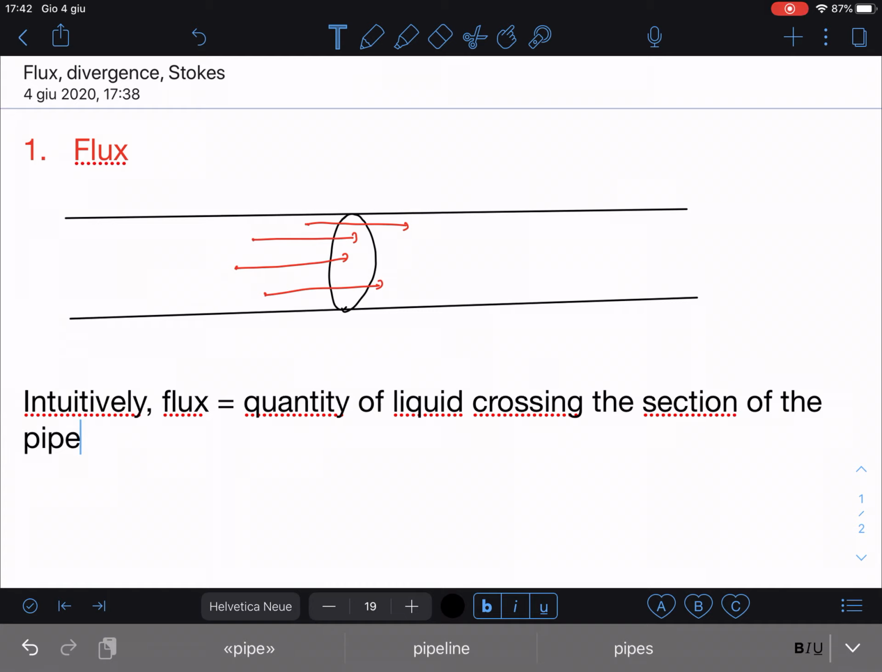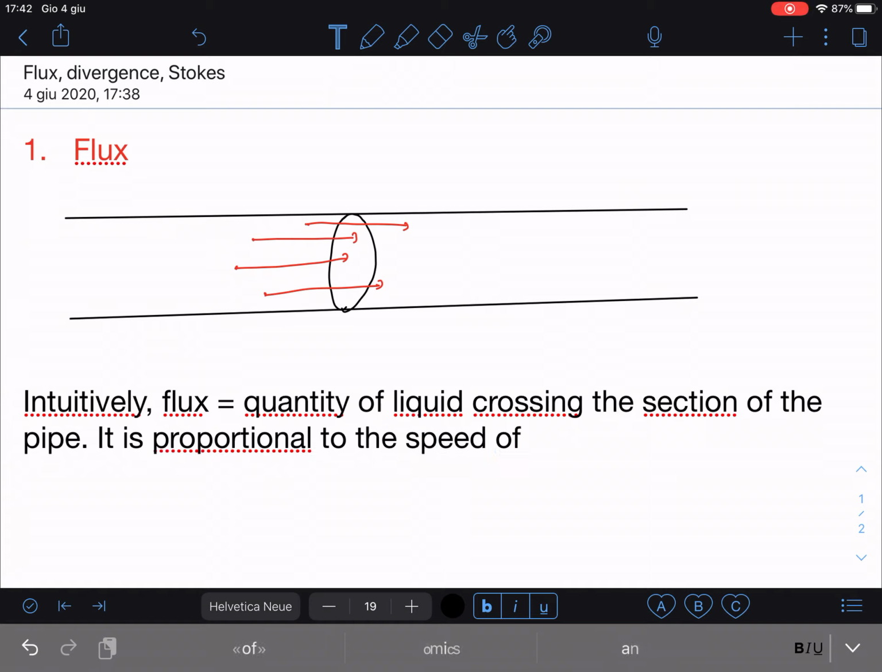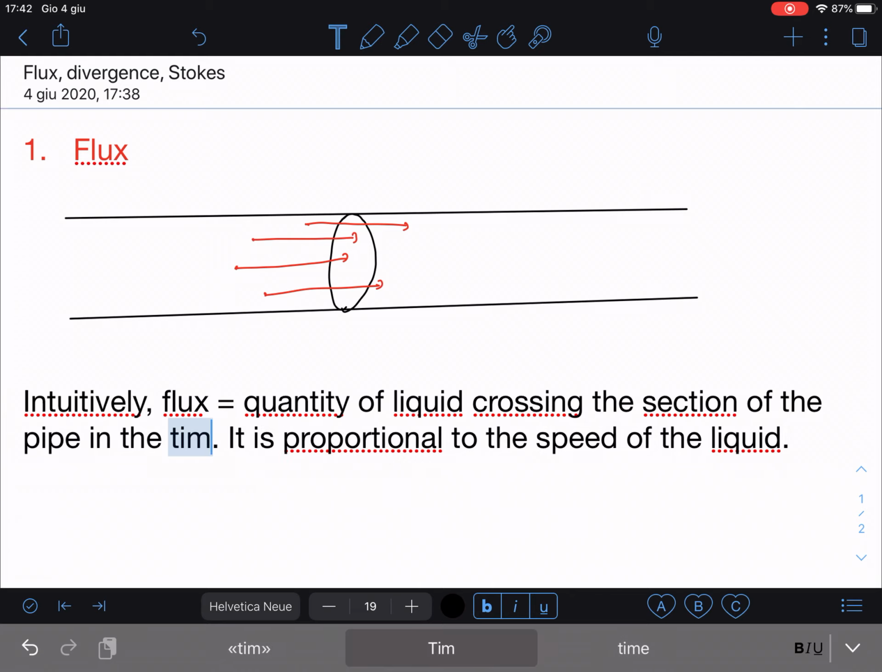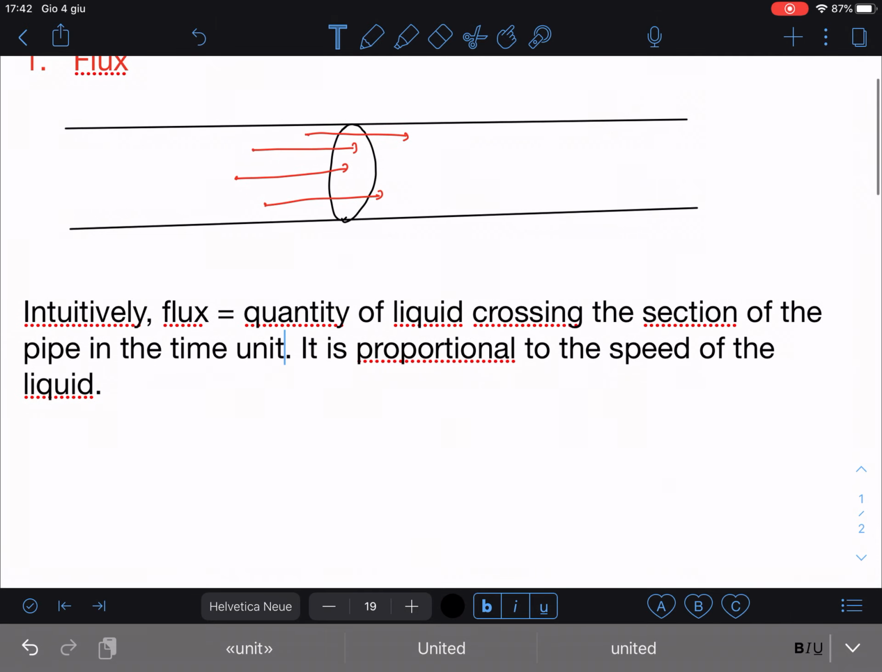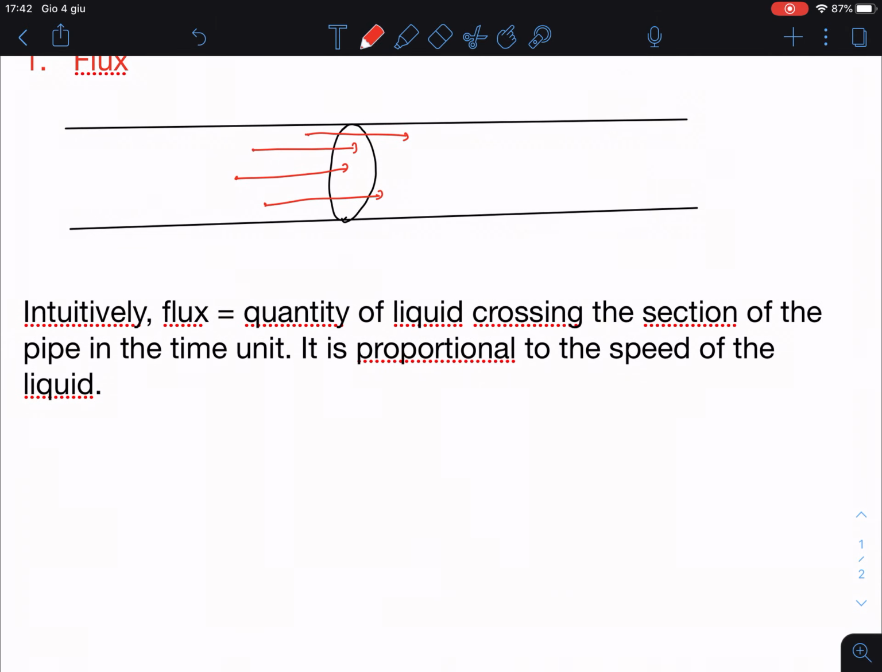Okay, this is the idea, and of course it is proportional to the speed of the liquid. To be more precise, I should have said that this is the liquid crossing the section of the pipe in a given time, in the time unit, for instance. And of course, this is proportional to the speed of the liquid. Okay, but then you can generalize the idea of flux by, for instance,